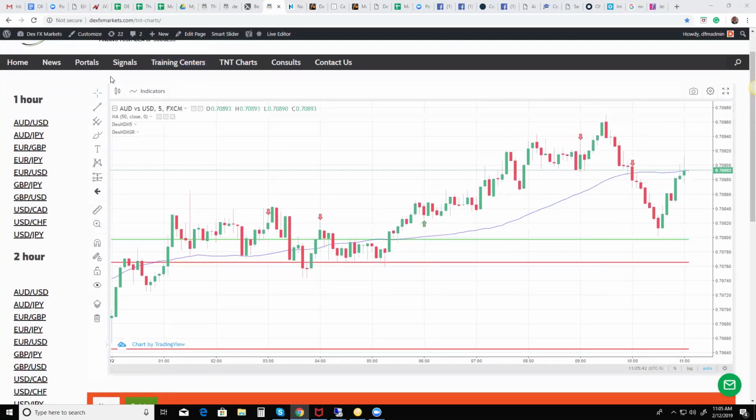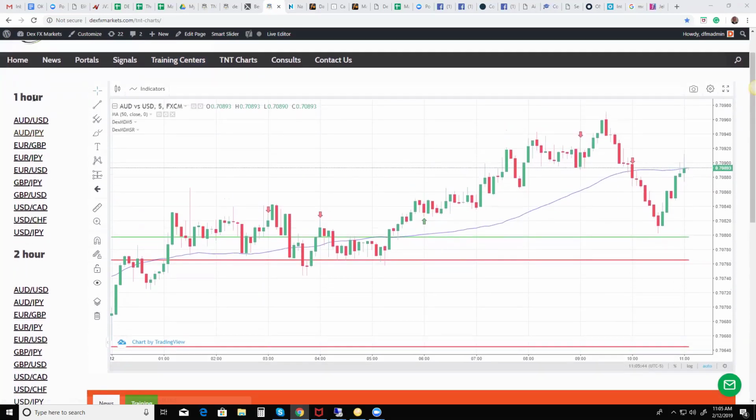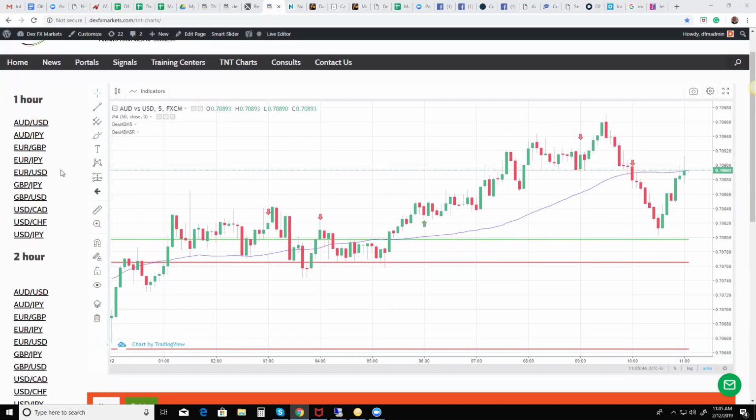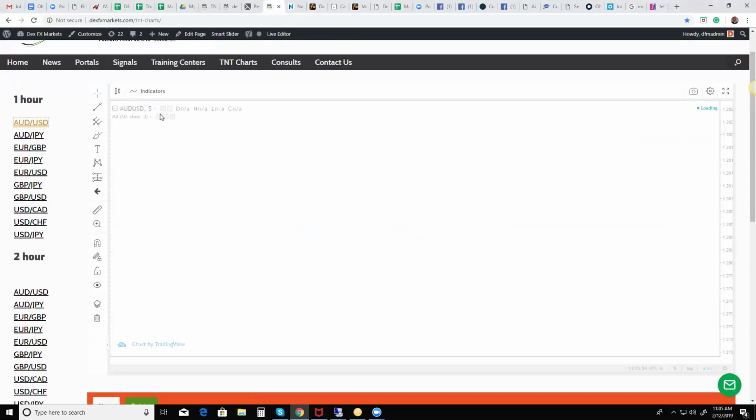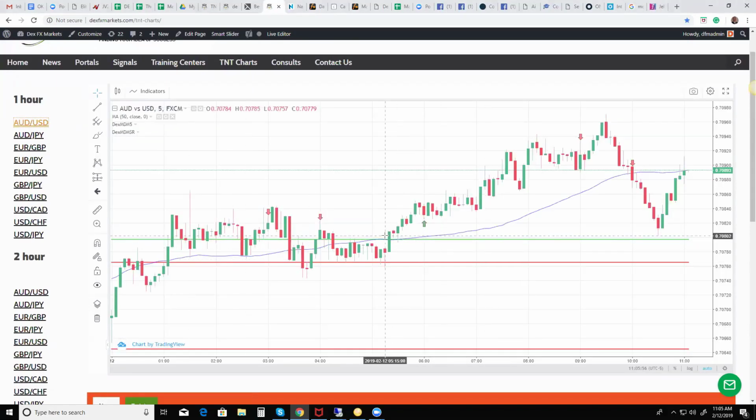Now, if you look to the left, there are two variables. There's two time periods, a 1 hour and a 2 hour. These are suggested, right? We're using a 1 hour concept of a trade with a 5-minute chart, right? Because really about taking the time with a 5-minute, the shorter amount of time frame you use, the shorter amount of the trade should be staying within that